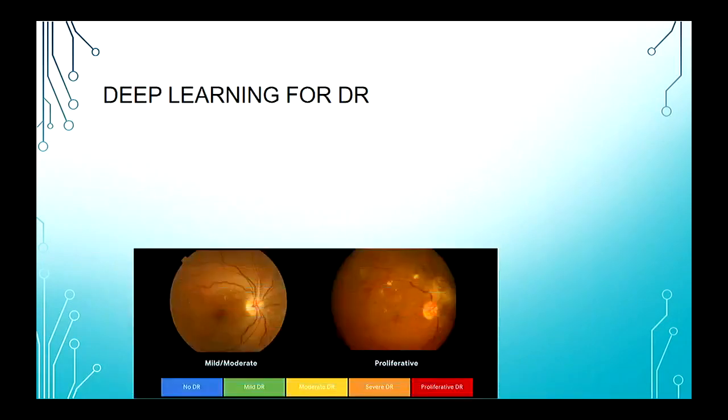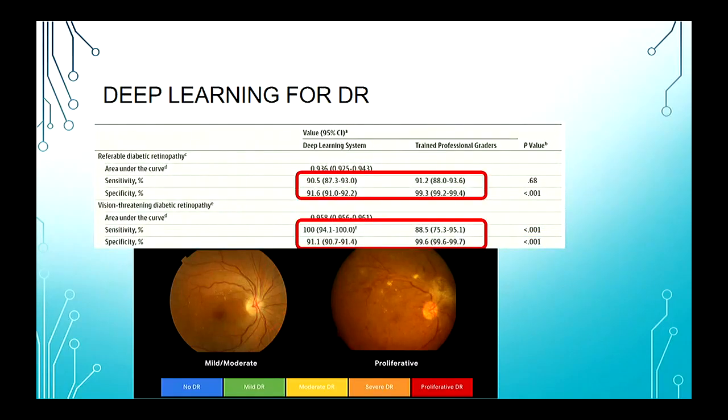So how did they do? And by the way, these are the gradings that the study came up with. So different diabetic retinopathies and AMD and glaucoma grades. About 90% accurate on all of the cases. So that is a study that I can trust. A large number of images taken in different hospitals around the world from a multi-ethnic population.